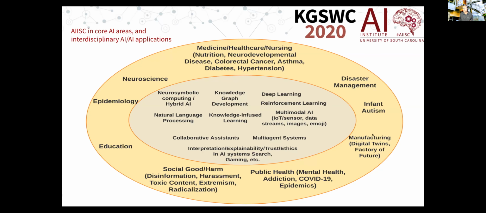There's a one slide introduction to the AI Institute at University of South Carolina. In the center are a whole bunch of AI centric research that the AI Institute is doing, and on the outer side you can see that we are very much into translational research. So practically everything we do has applications, working with the domain expert, real world data and such, that allows us to make larger impact. You can see a whole bunch of areas that we work with. We already have collaboration with the majority of the colleges on the campus and many outside.